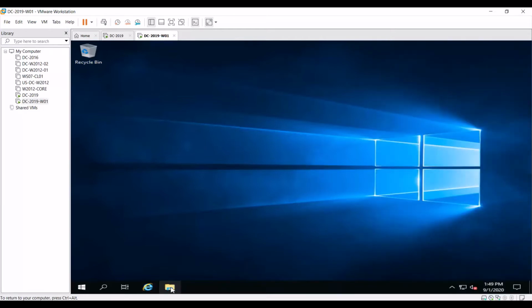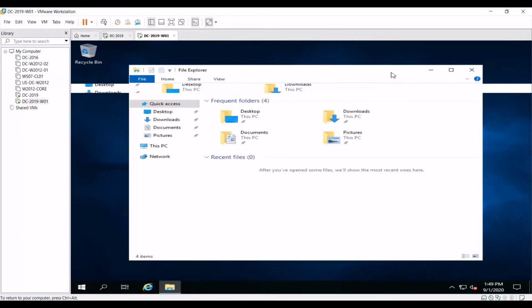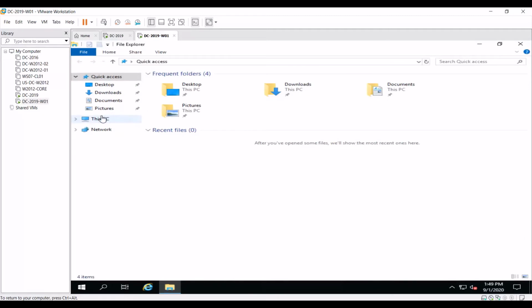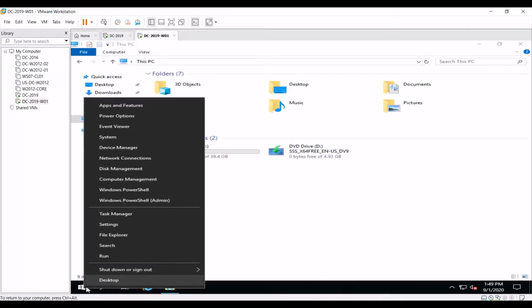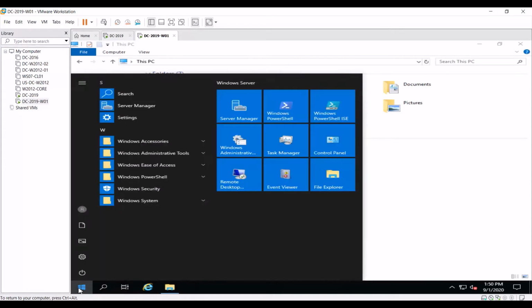Let's click File Explorer, This PC. This is the ISO file mounted. You can see the interface looks similar to Server 2016.